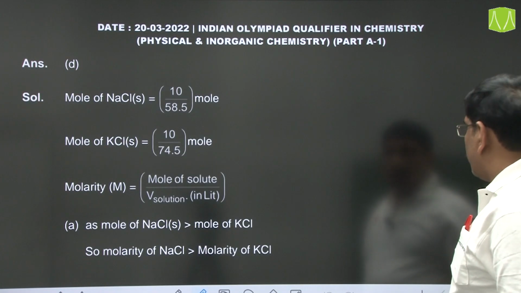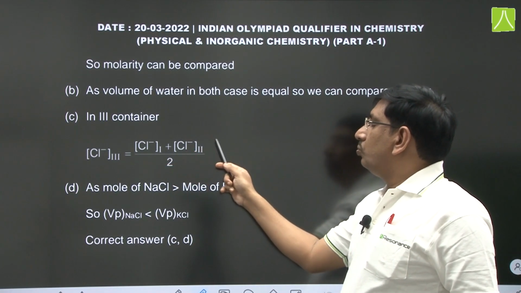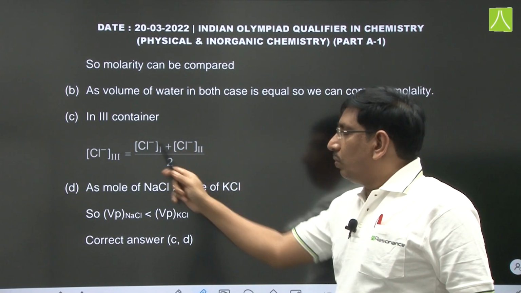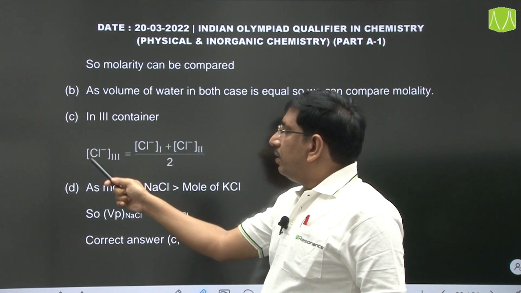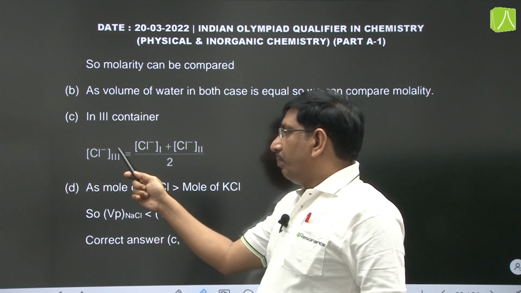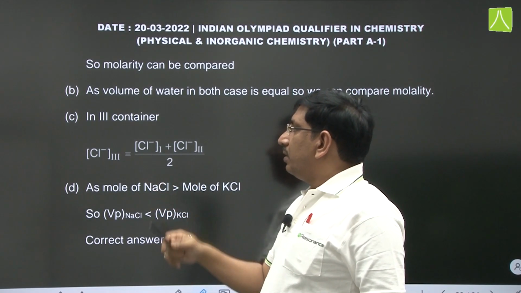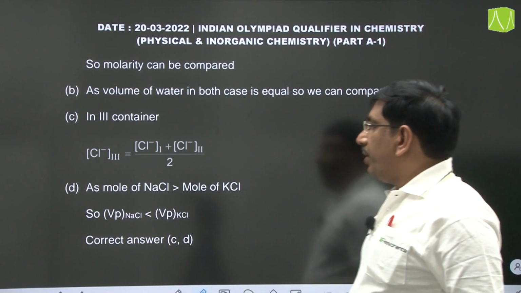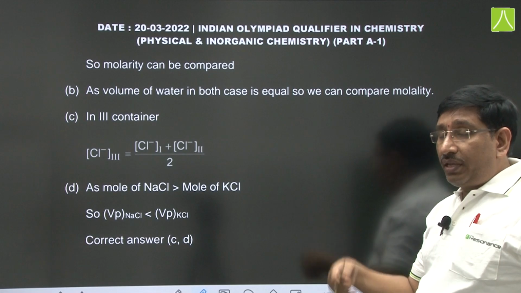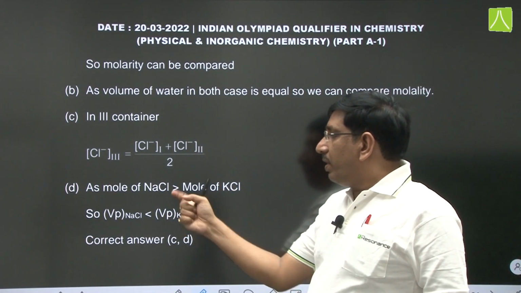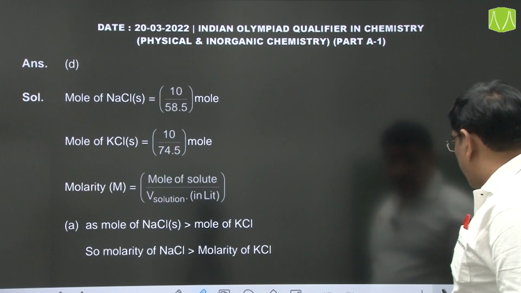It is 1 and 2 के बराबर होगा बता रहे हैं, 1 and 2 में जो क्लोराइड आयन्स है उसके सम के बराबर होगा। नो, सम ऑफ क्लोराइड आयन्स इन 1 and 2 के बराबर नहीं होगा क्योंकि थर्ड कंटेनर में क्लोराइड आयन्स की कॉन्सेंट्रेशन इसके एवरेज हो जाएगा, तो इसलिए ये थर्ड ऑप्शन भी सही नहीं है। अब इसमें एज मोल्स ऑफ NaCl इज ग्रेटर देन मोल्स ऑफ KCl, वेपर प्रेशर की बात करें जहां मोल्स ज़्यादा है वेपर प्रेशर कम होता है तो वेपर प्रेशर्स को भी हम कंपेयर कर सकते हैं, तो इसलिए यहाँ ऑप्शन से